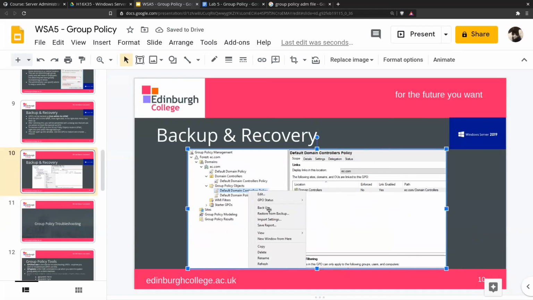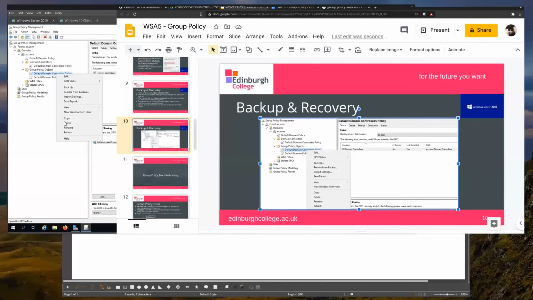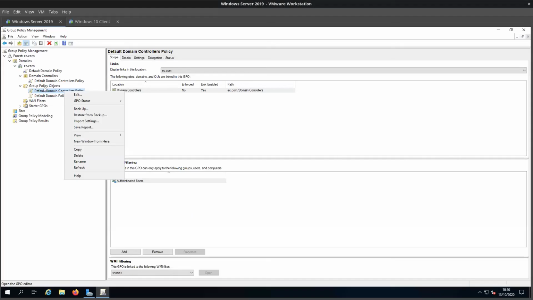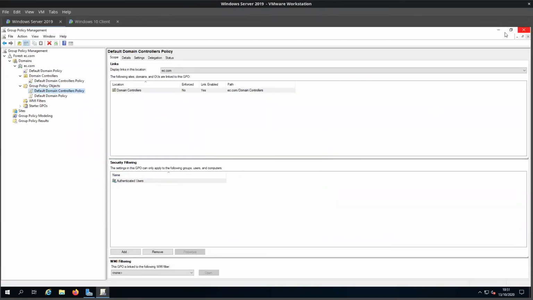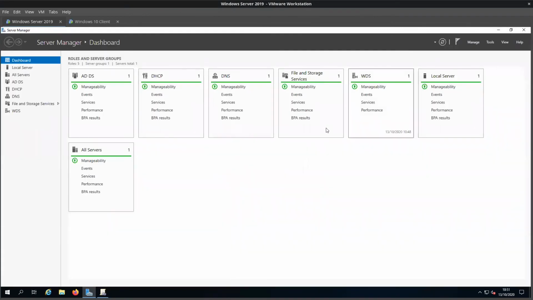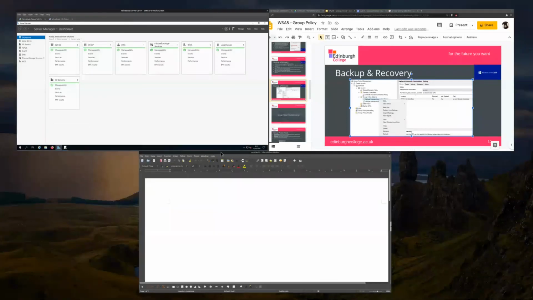All right, backup. It shows you how to back up a GPO. So if we just remember, the key is, if we want to back up a group policy object, we do it from inside of our group policy management console. Now, the tasks in the lab, we jump over to the lab, are, to start off, we need to create some